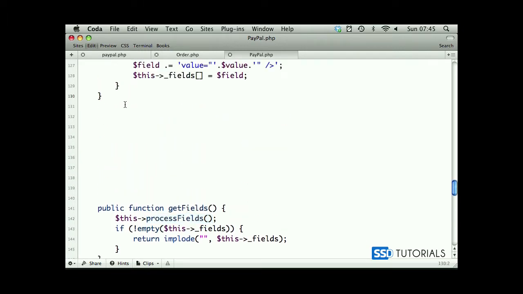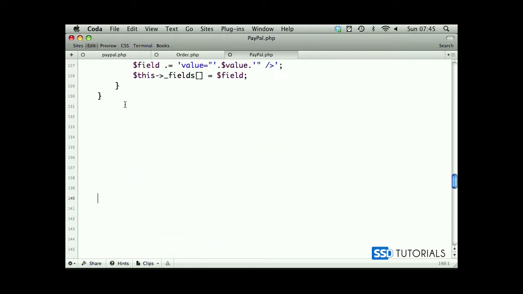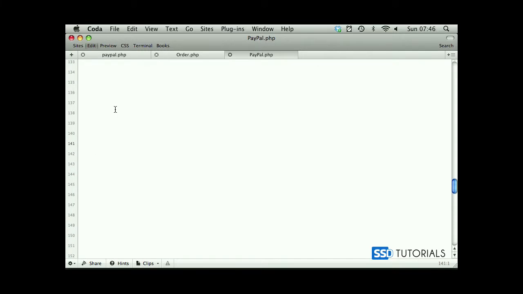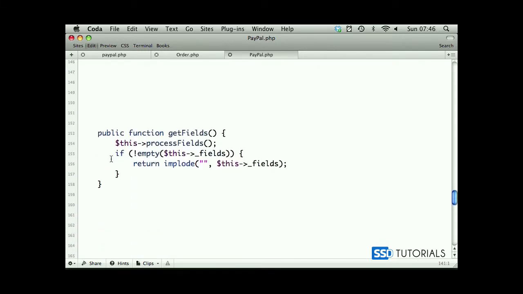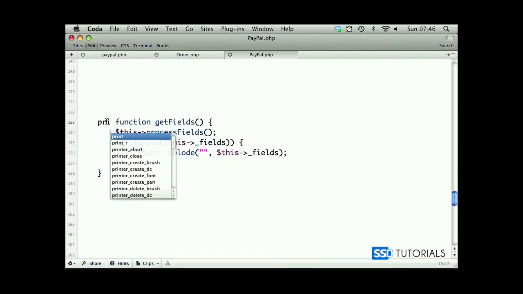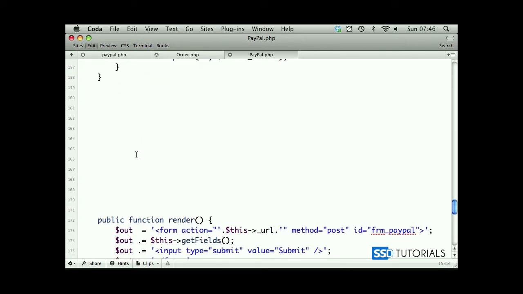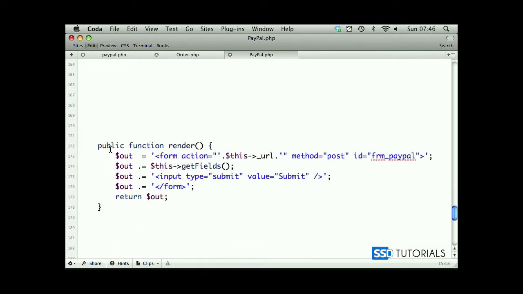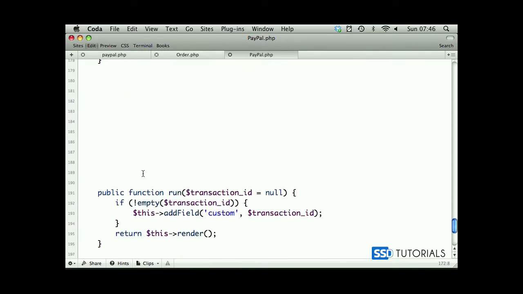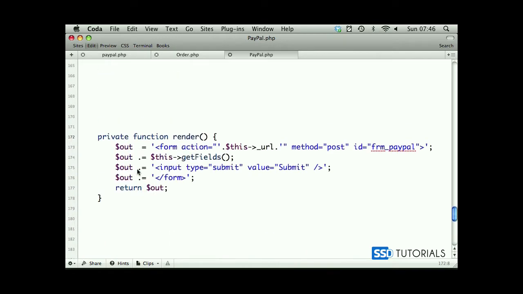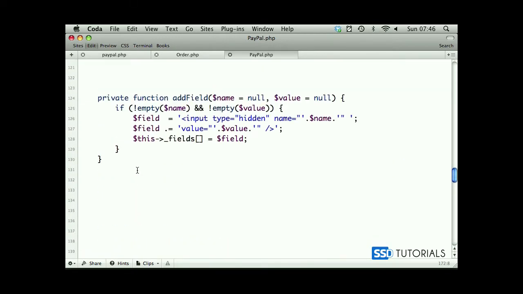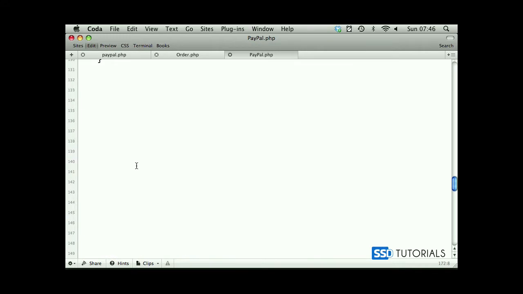Let's create it before the getFields method. Actually, I've just realized we've created this one as public. It should be private, as we're not going to be using this outside. We won't be using render outside either, so private method as well. And I think run is called from outside, so let's keep it public. So it's good to keep the scope as it should be. Okay, so we go for private